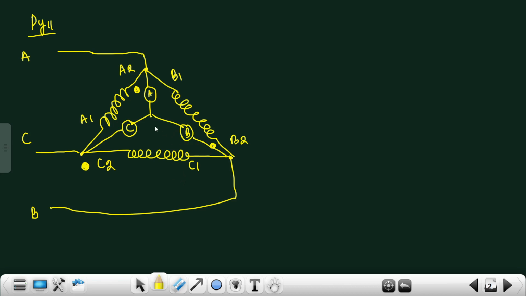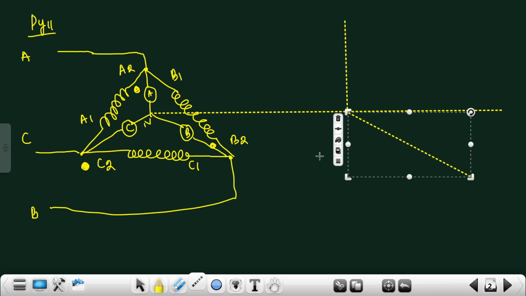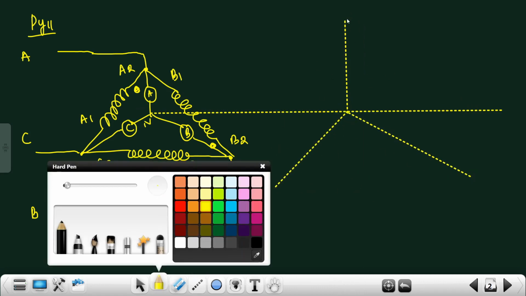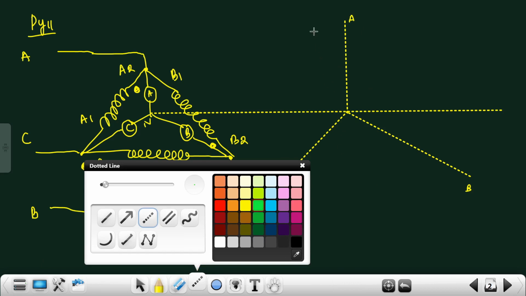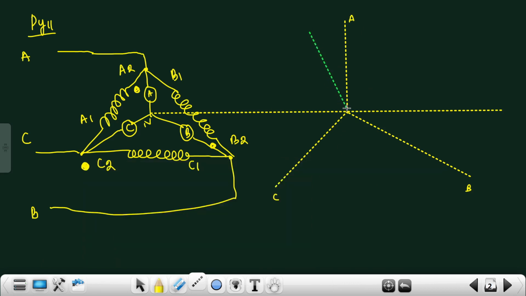So with the help of this star equivalent, we can draw the LV side star. Okay, so first of all, I draw a line from this, and here I am drawing HV side star equivalent. So this is A, B, C, and since it is DY11 connection, the LV side is tilted, leading by 30 degree. So this is A,